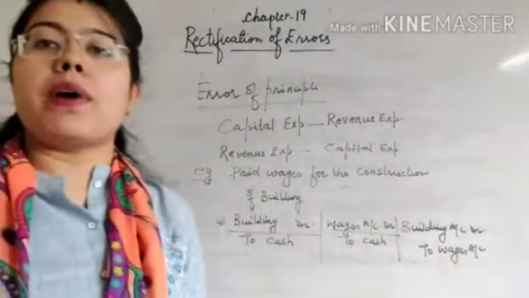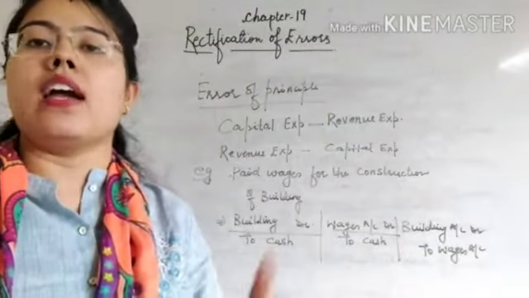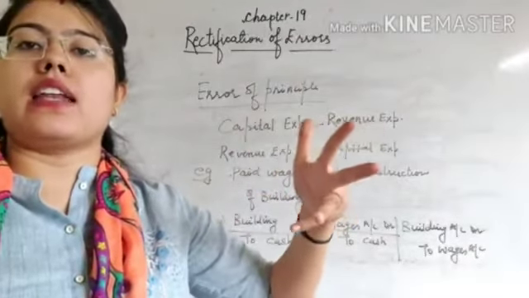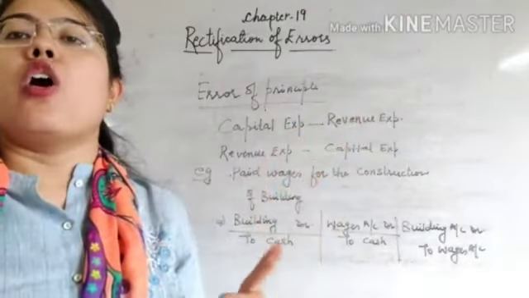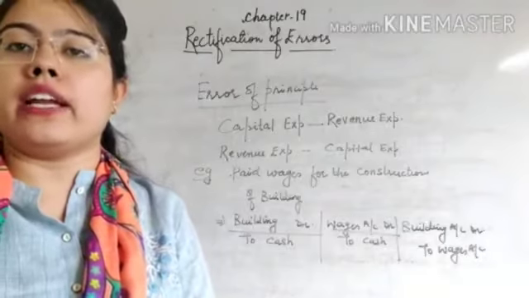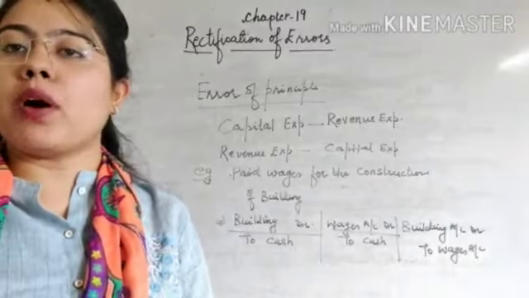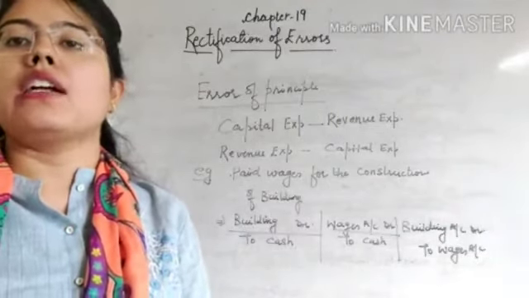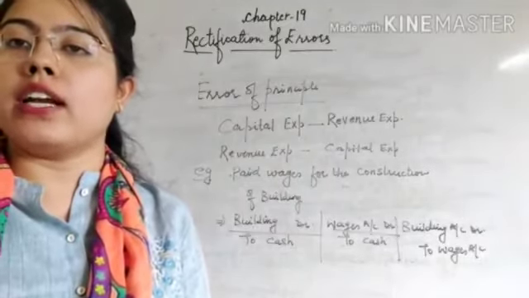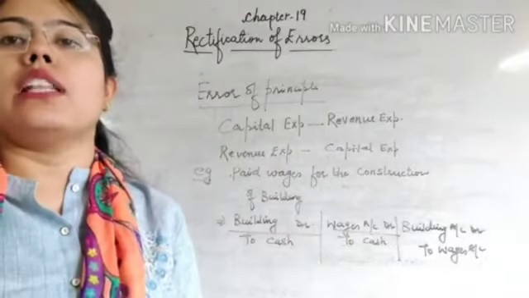So this is all about errors which do not affect the trial balance. I am again repeating: error of omission, error of commission, compensating error and error of principle. Omission is when we omit or leave unrecorded any entry. Commission is when a wrong amount is posted on both sides of an entry. Compensating error is when one error nullifies the effect of another. And error of principle is when an accounting principle is not followed in the entry,